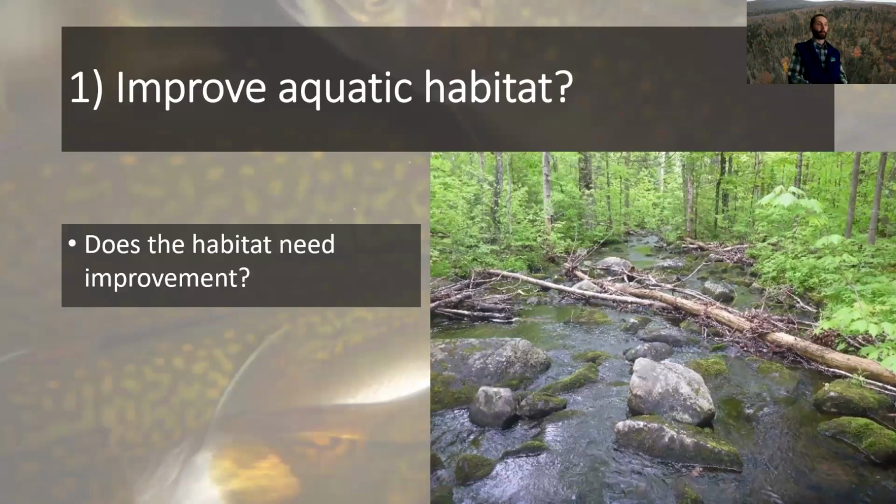Does the habitat need improvement? This stream actually has the right slope and bankfull width for adding wood to it. But this would be a low priority for adding wood, and that's because of the geology of the area where this stream flows, there are a lot of boulders. You can see the boulders in that channel, and note all the moss on them. That's an indication that those boulders aren't moving. So when you see rocks with moss on them, that means they're probably not moving.